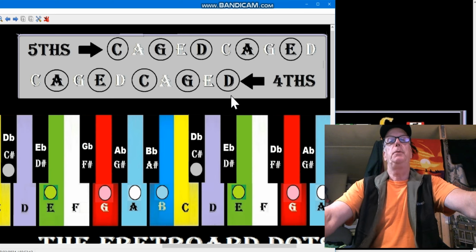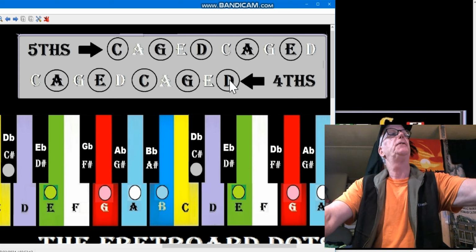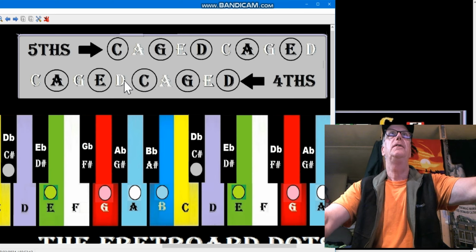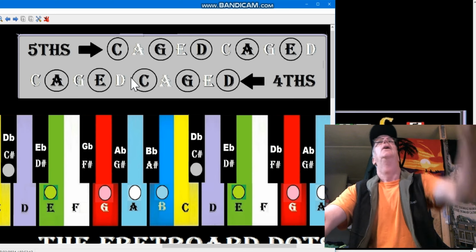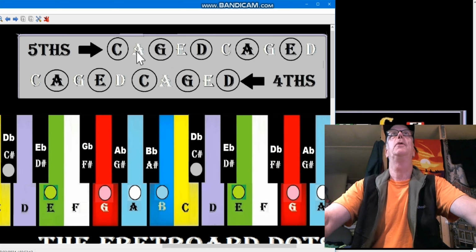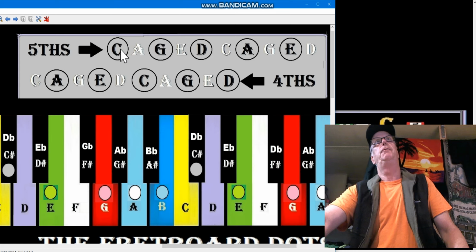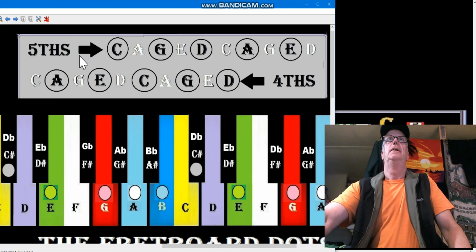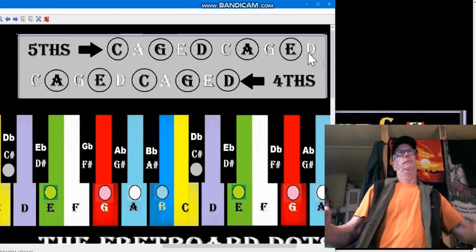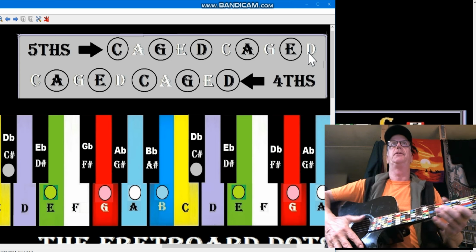And indeed, when we do the CAGED word backwards, if we take every letter, we're going up a pentatonic scale: D, E, G, A, C, D, G, A, C. And with CAGED going forwards, we're going down a pentatonic scale. But as you go forward or to the right on the fretboard,